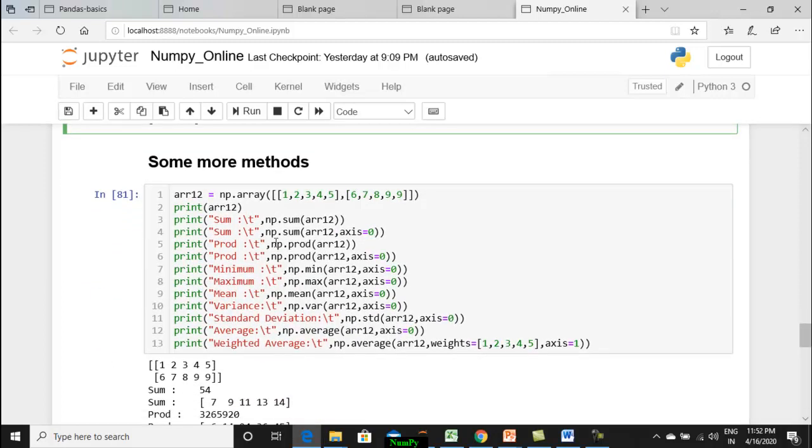So these are some more methods. You can have sum, product, minimum, maximum, mean, variance, standard deviation, average, and then weighted average. Weighted average is a little different in the sense that not all the attributes will correspond in the same proportion to the result. For example, if you have 5 or 6 subjects in your 12th standard, say English, Tamil, Maths, Physics, Chemistry, and then Biology.